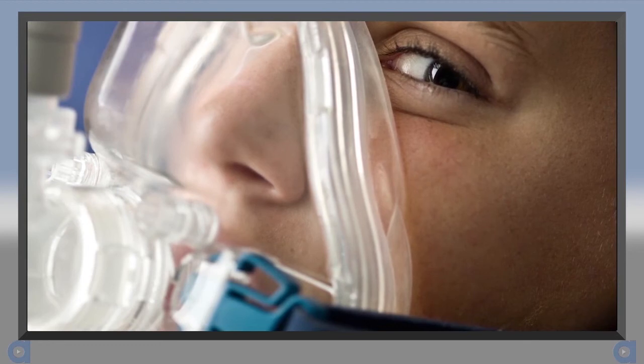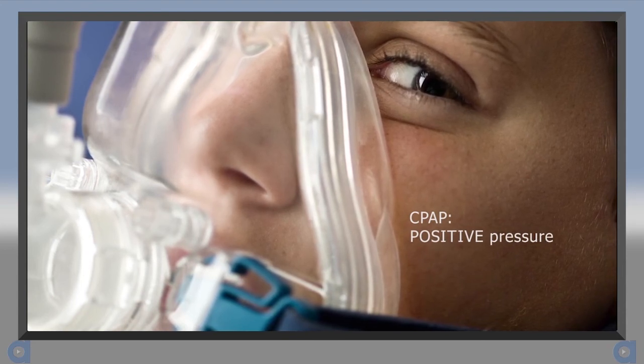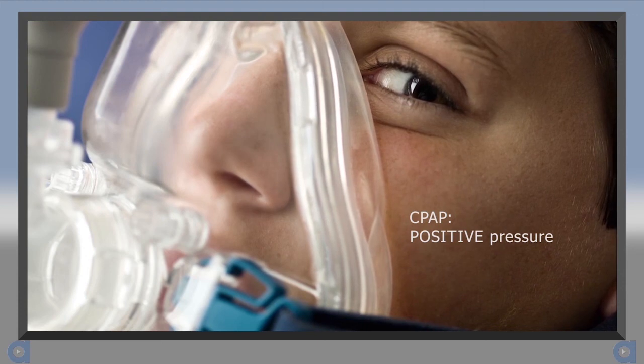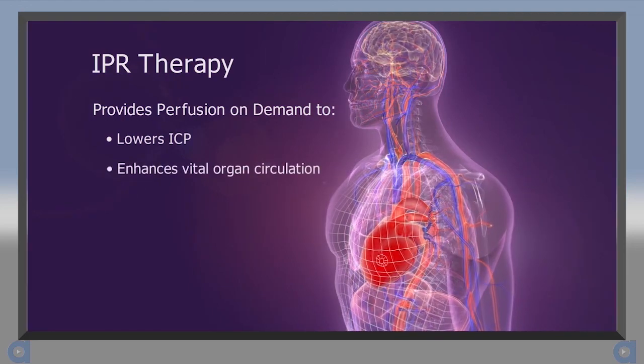Think of IPR therapy as the opposite of CPAP, which delivers positive pressure to patients with congestive heart failure in order to drive fluid out of the lungs and lower blood pressure. In summary, IPR therapy provides an innovative way for the body to leverage its own natural